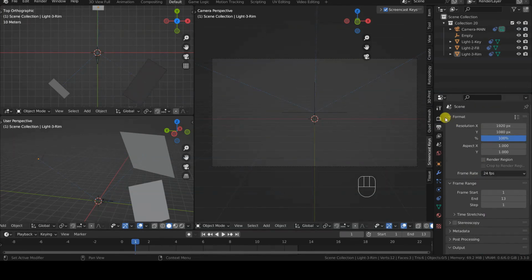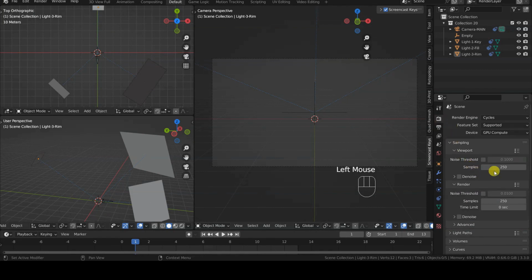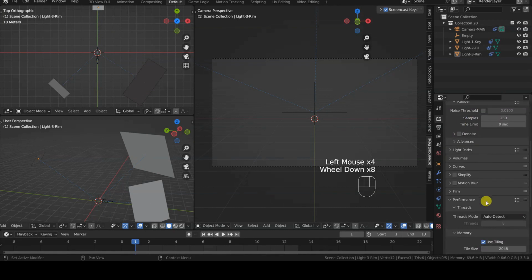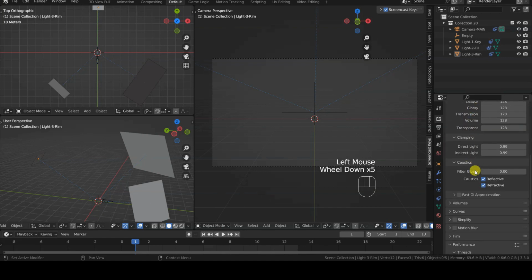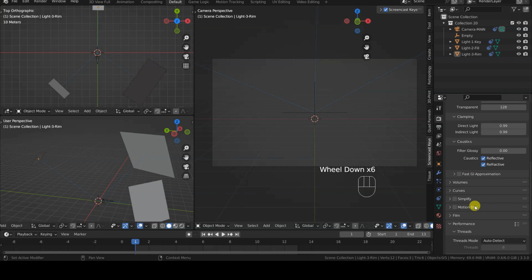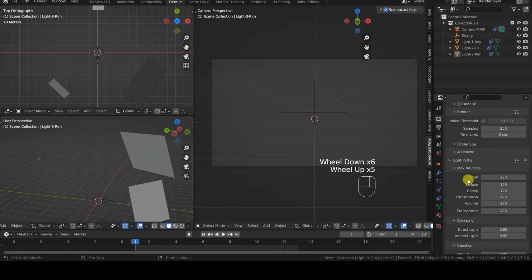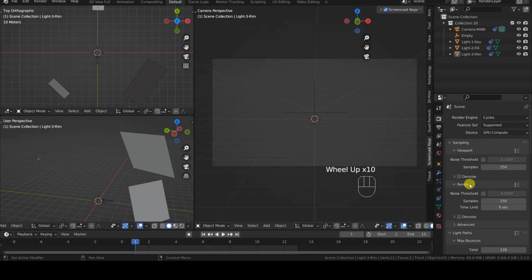In my case, in Render Properties, I set 250 samples for rendering, and most of the time it is not even necessary to activate the denoise, because the noise in a scene like this is minimal, and the fireflies can be reduced by setting the value to 0.99 in the clamping fields. Moreover, the denoise could have effects on the details of the surfaces of the objects, so I prefer not to use it in this case.